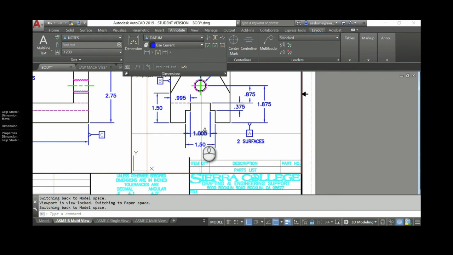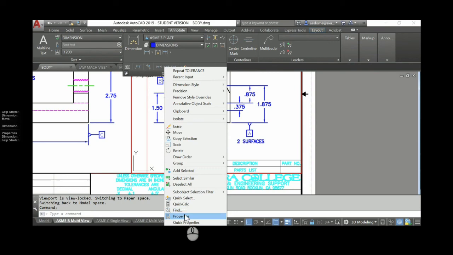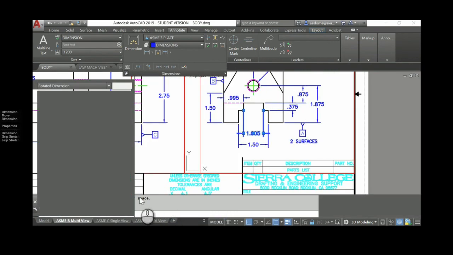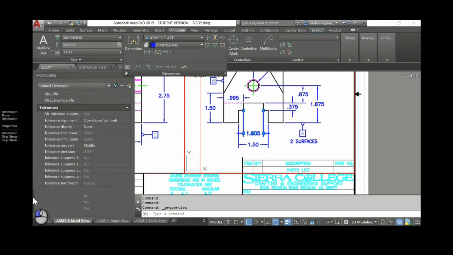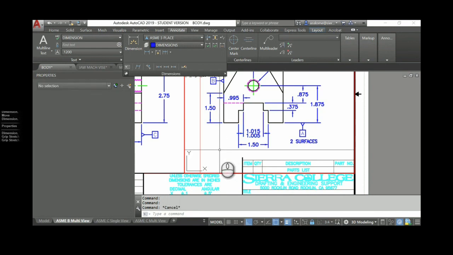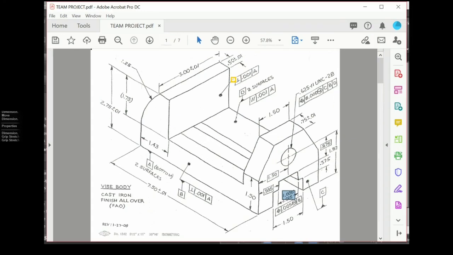So let's take this, right click and go to properties, let's take it to tolerance limits, and the upper limit needs to be adjusted by 0.010. Yes, 0.015. Okay. Is that correct? 0.005, yep.